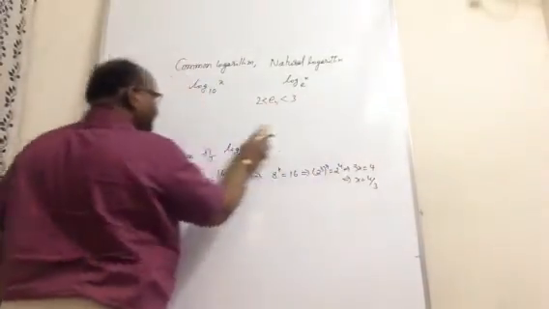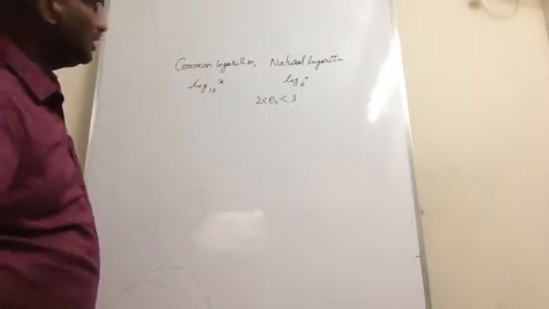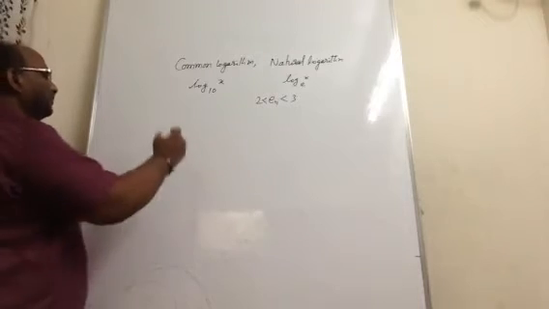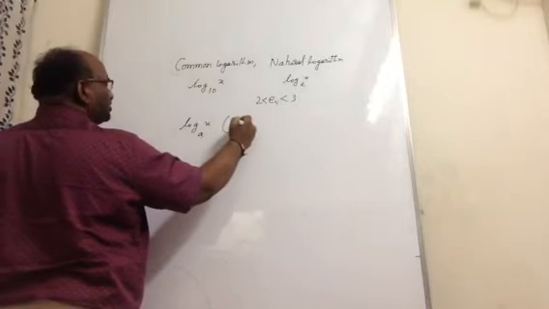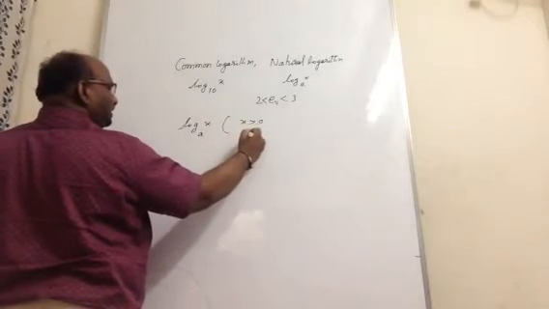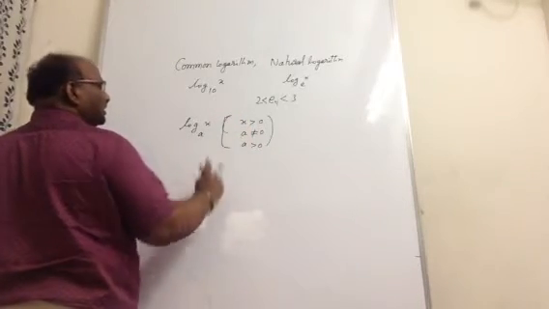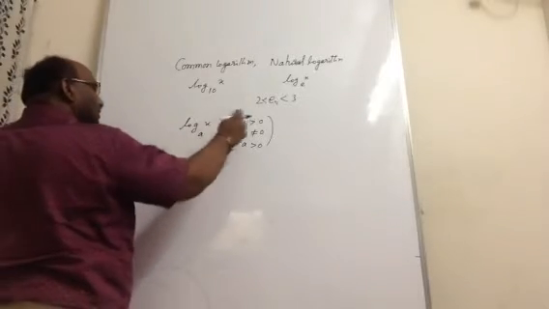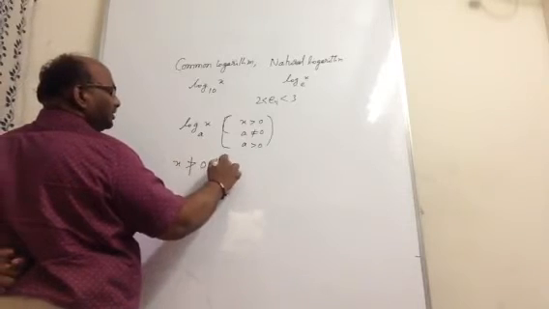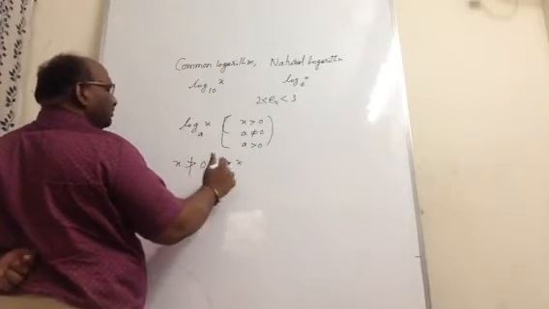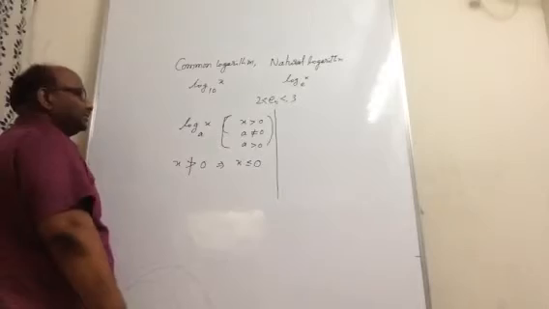Now let us see why they put a restriction on logarithms. While defining itself, why are there restrictions? If it is log x to the base a, what are the restrictions? First restriction, x must be greater than 0, a is not equal to 1, a greater than 0. Why are these restrictions there in the logarithm definition? If x is not positive, what will happen? It may be either negative or equal to 0. There are two possibilities.